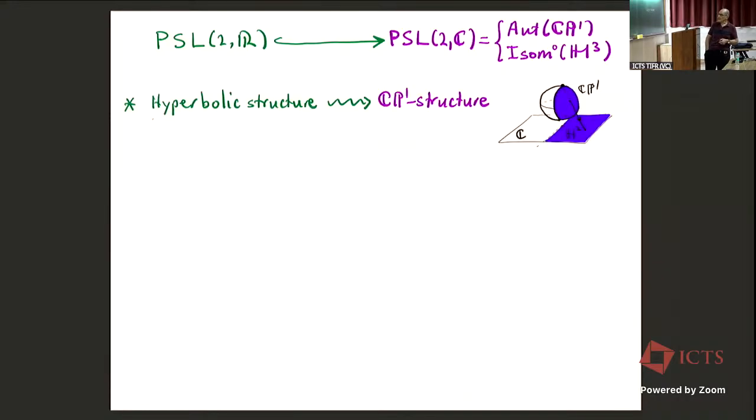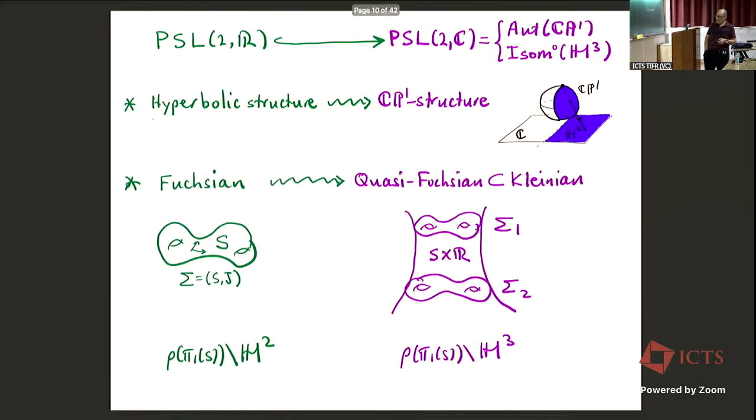And so now the hyperbolic structures become examples of CP1 structures, and these were exactly the structures that Indranil was talking about yesterday. If you think of the inclusion as giving you inclusion of Fuchsian representations into Kleinian representations, which include the quasi-Fuchsian ones, then we're moving from the world where we get uniformization of the compact surface to this situation where we get these quasi-Fuchsian hyperbolic 3-manifolds, which